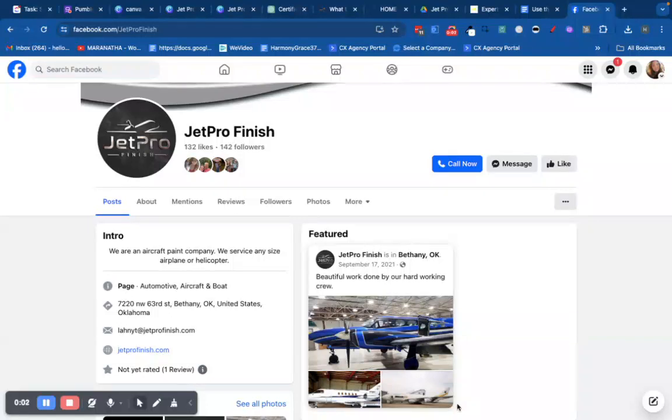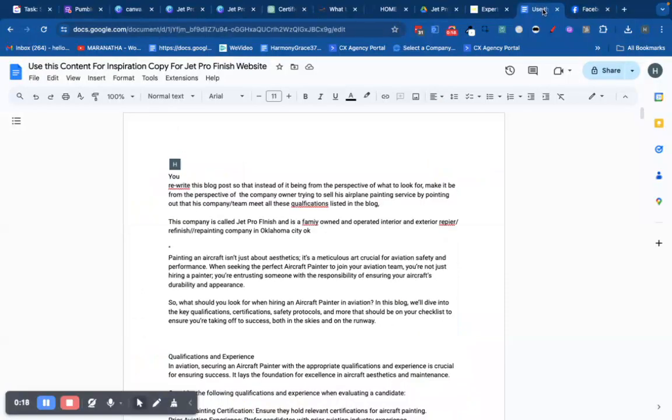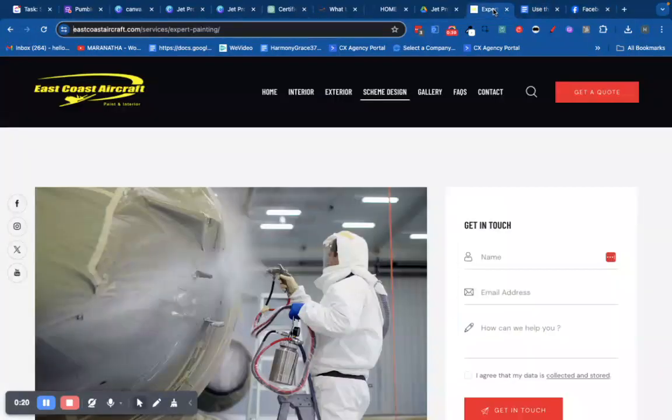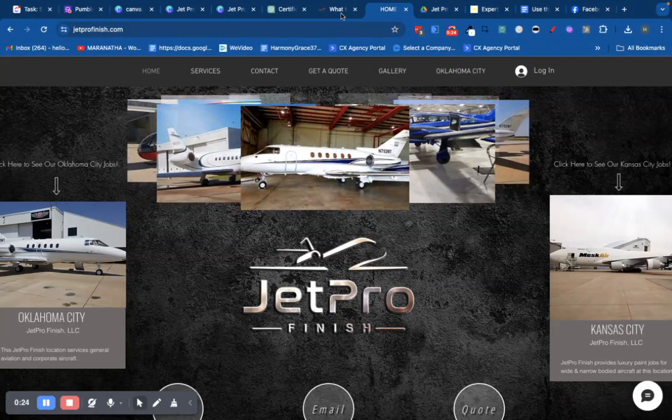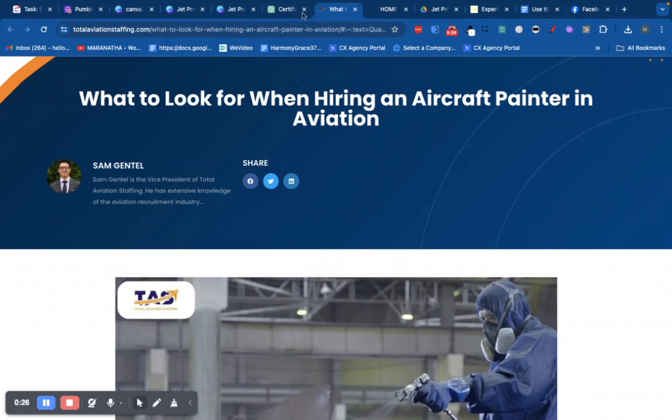All right, in module number 6, we are going to go in and assign our task to our head developer in ClickUp. Let's get started. Okay, so we have all of our assets, our Facebook page, our content, our template page, our Google Drive, the client's website page, as well as the blog. What we're going to want to do